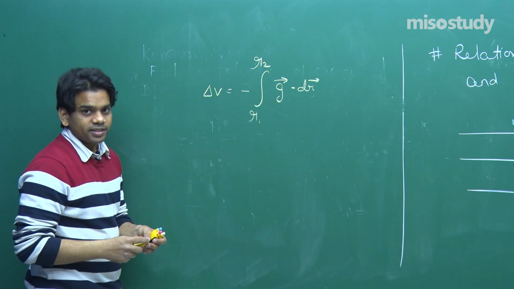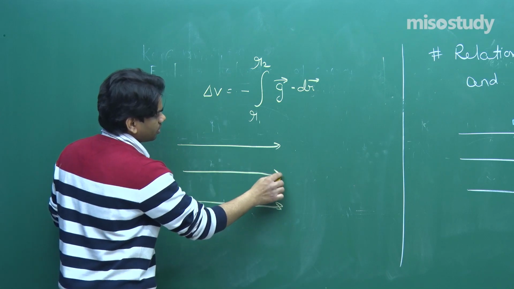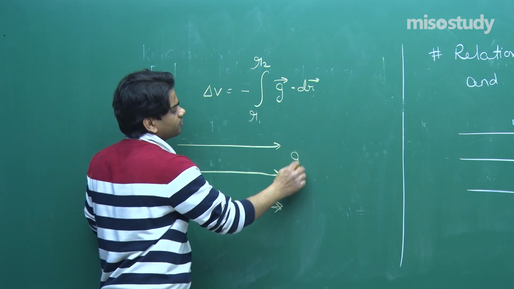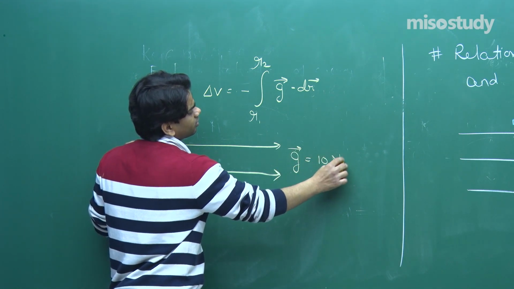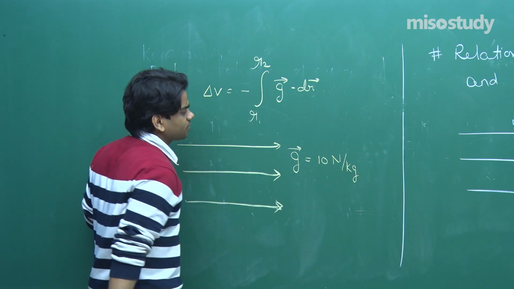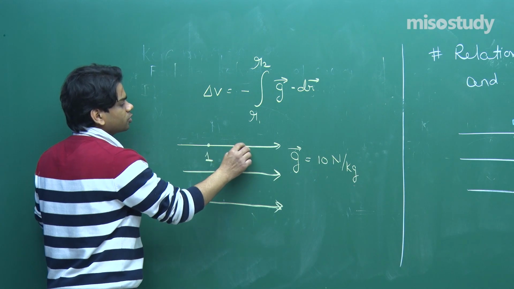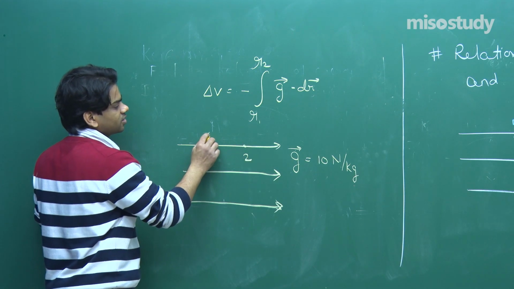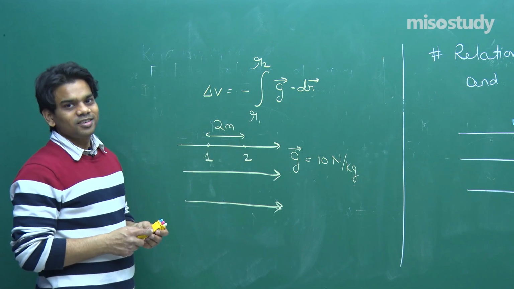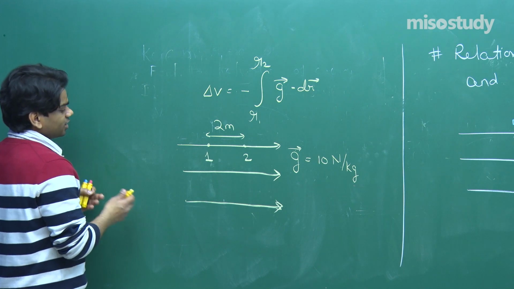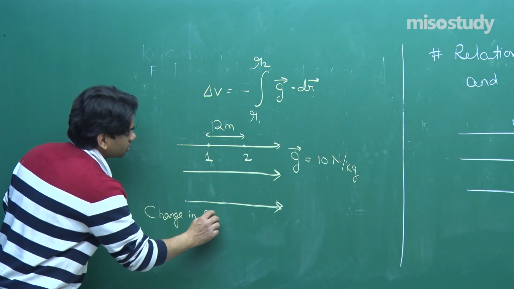Suppose field is constant, and this is the gravitational field. Let's say the value of g is equal to 10 Newton per kg. Now if I move from this position 1 to this position 2, and let's say this distance is 2 meters, so the change in potential while moving from 1 to 2 will come out to be